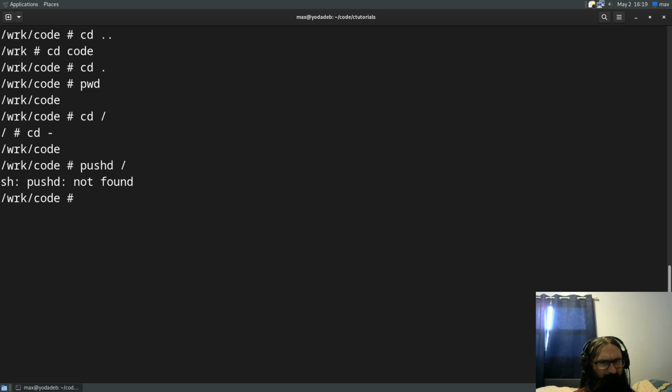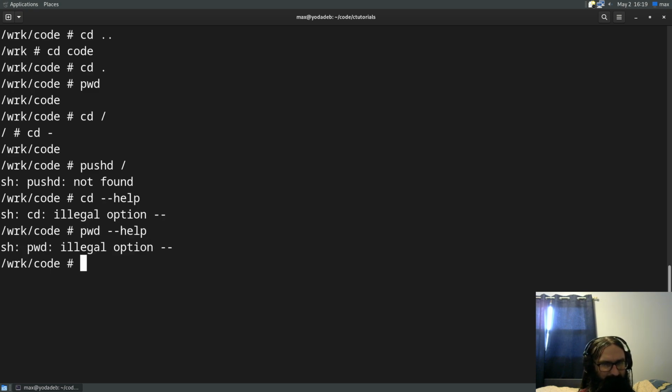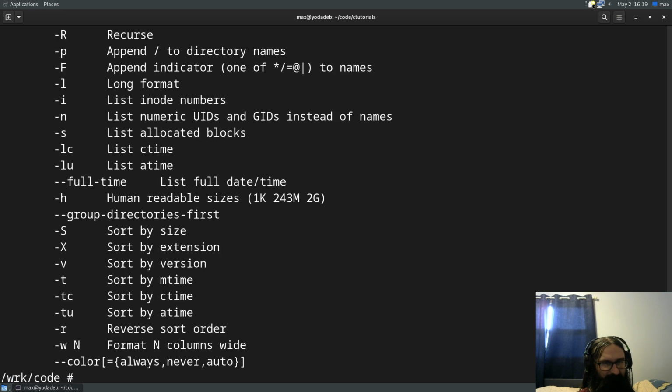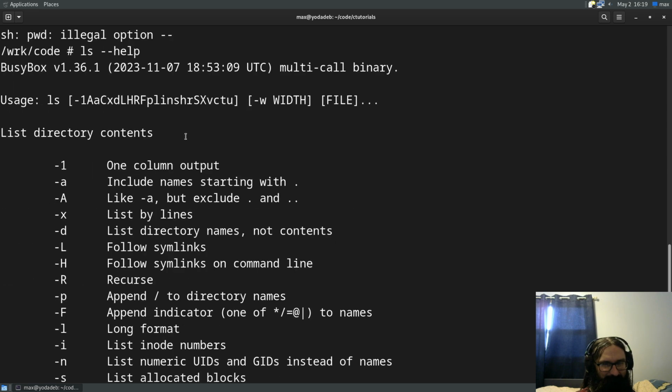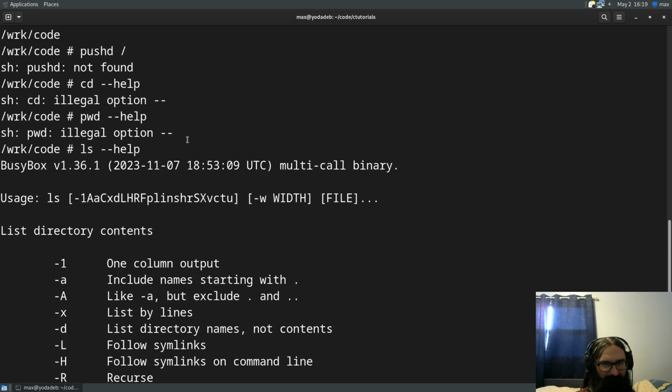Another thing most Linux programs have in common is that they have a --help option. Oh, okay. Yeah, cd is a built-in, it looks like. pwd might have it. Nope. Okay, we'll come back to that one. We'll find something that actually has that option. ls? Yeah, there we go. ls is an actual program, so it's got the usual stuff associated with